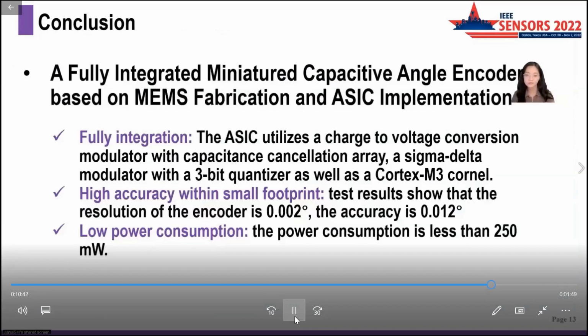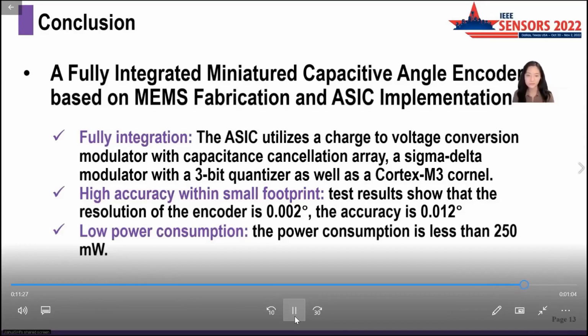Based on the results listed in the former table, the advantages of the proposed angular sensor could be listed as follows. The first is the ASIC MEMS integration system. The proposed sensor relies for the first time on an ASIC MEMS integrated angle sensor measurement system. The sensitive structure of the sensor fabricated by MEMS technology can maintain high precision while the area is very small. The ASIC can also achieve higher performance and power efficiency with a smaller volume. As a result, an ASIC MEMS integration system is suitable for high precision application requirements.